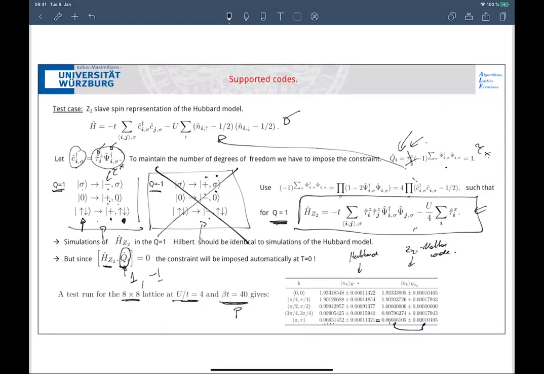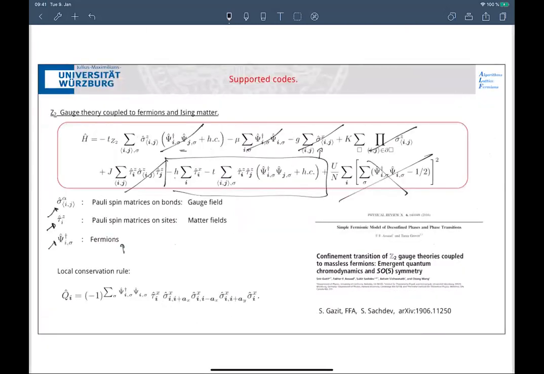I think that there is still a lot of beautiful physics to do with this Z2 matter. I think this is just starting. The code has issues with a long autocorrelation time, so this is still an issue. Some parameter ranges are extremely slow. Imposing the constraint dynamically is very hard. So this is a research code, but at least it fits into the ALF. That's maybe the most complicated code we have to deliver with the ALF.